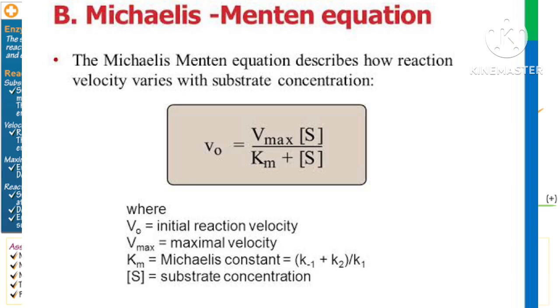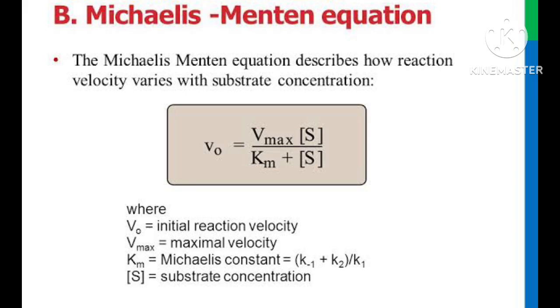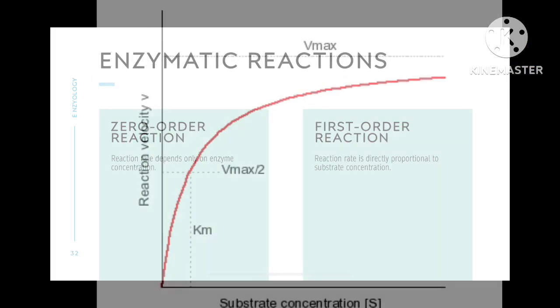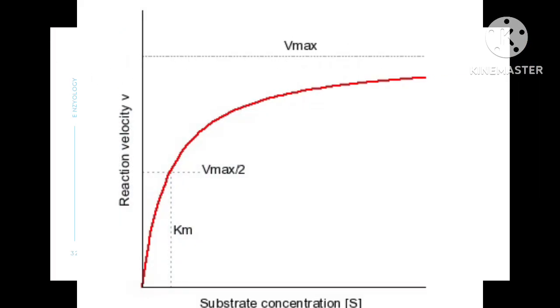where V stands for the measured velocity of reaction, Vmax is the maximum velocity, while S there is the substrate concentration. The same goes for Km. You will never forget that's the Michaelis-Menten constant of the enzyme for a specific substrate. Theoretically, Vmax and then Km could be determined from the plot that you can see from this picture. However,